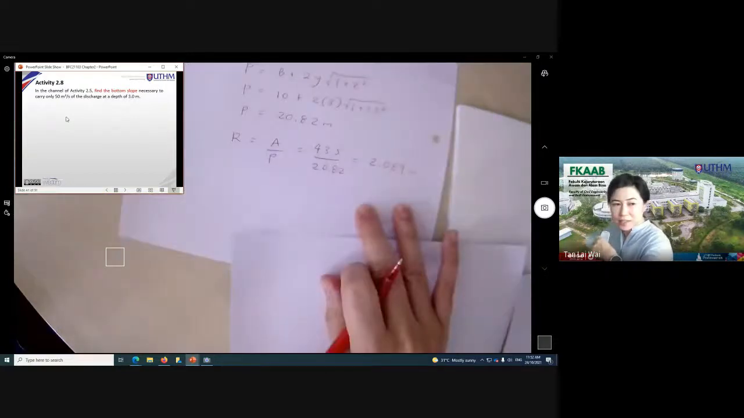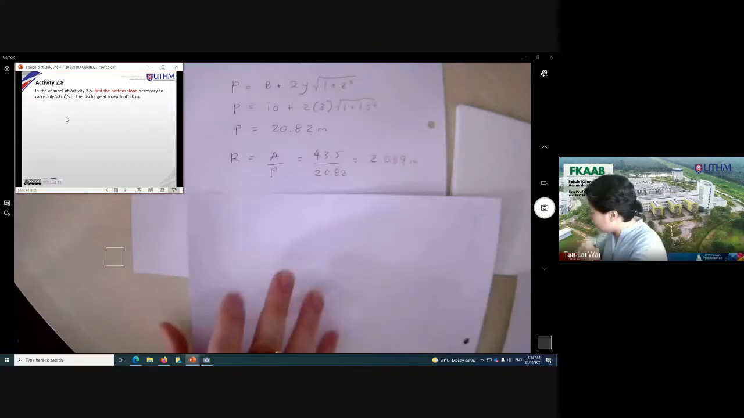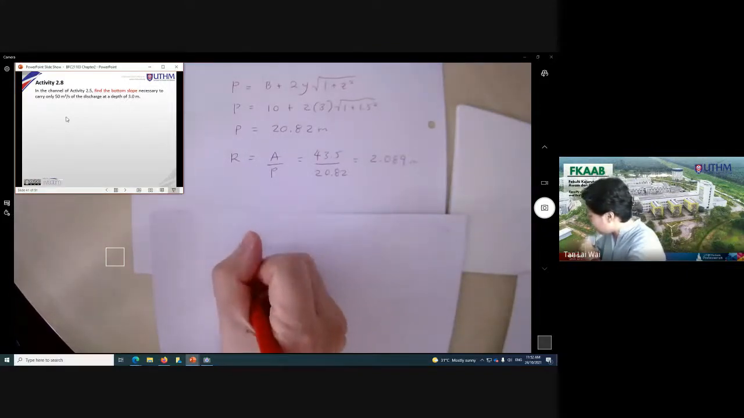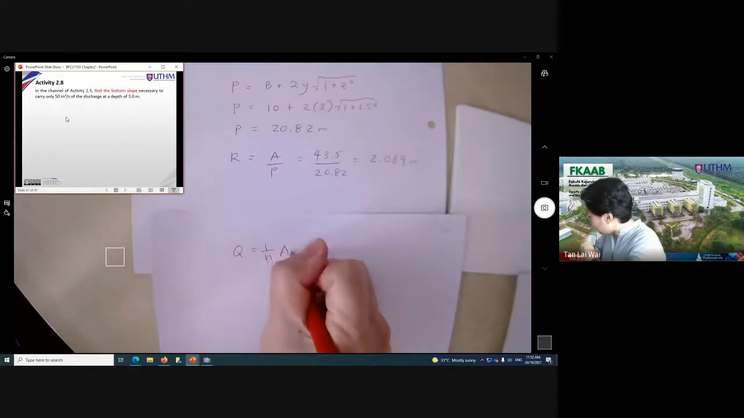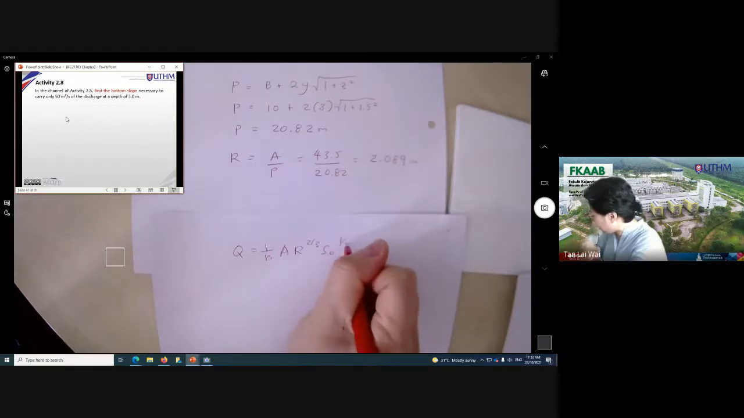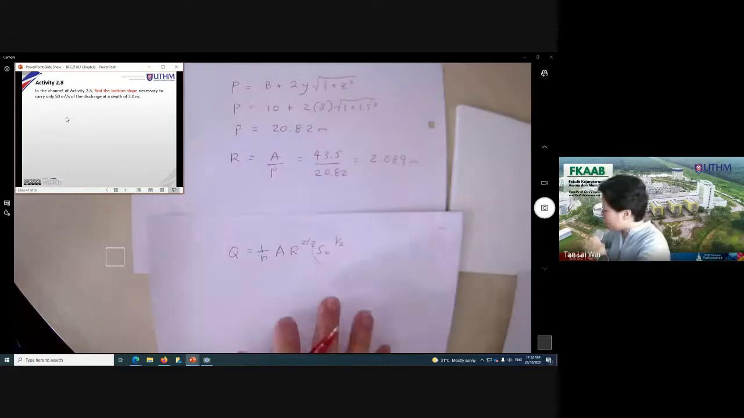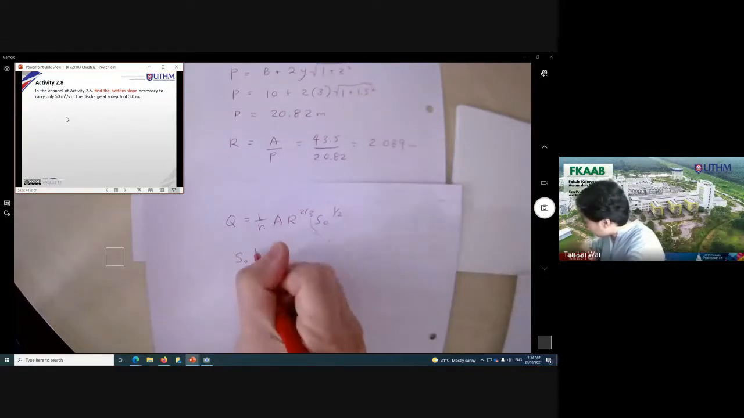So therefore, let's continue. You are going to have, now just now we have this Manning equation, right? Going to rewrite this to 1/2. The unknown is S0. So I'm going to rearrange this in terms of S0. So I have,